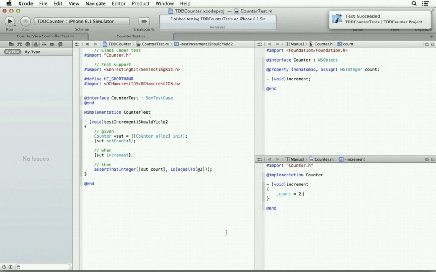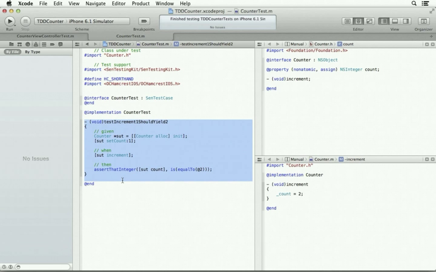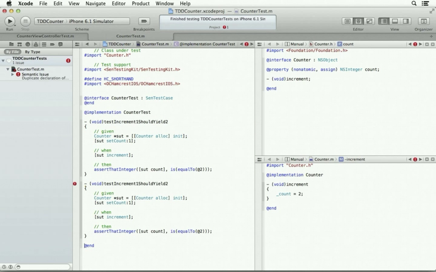So, as a reminder, the reason I do this dumb implementation, it verifies that the test wiring is correct. It also shows me that I don't have enough tests, because I can look at this and say, I know this is wrong. Let's make another test. I'm going to copy and paste this one. Say incrementing 2 should yield 3. So given that the count is 2, after an increment it should be 3.